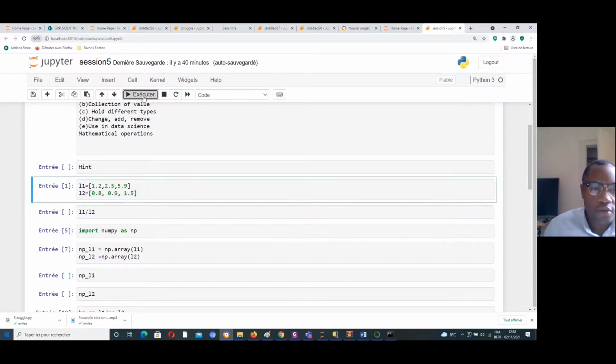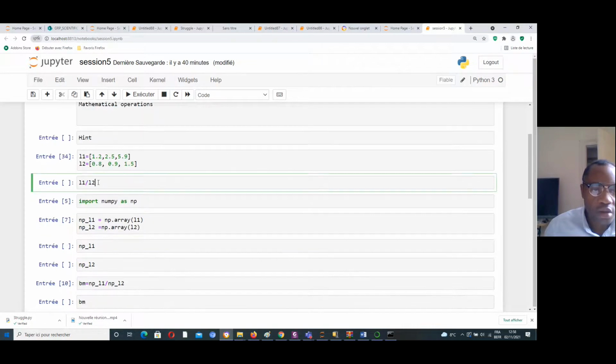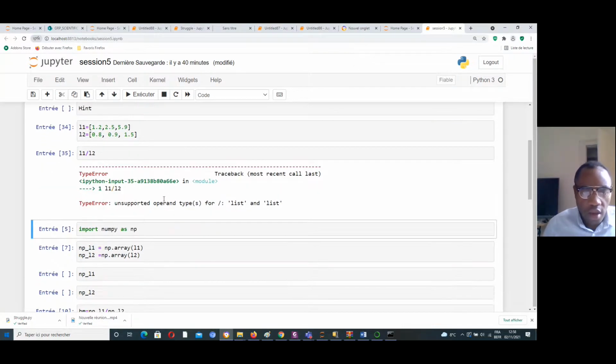I run the first line, then the second line, and I get an error, a TypeError: unsupported operand type. But the best thing to do is to redo this operation by using NumPy.